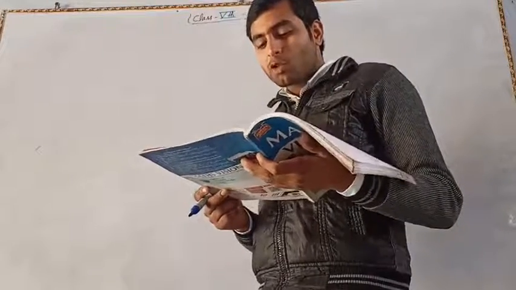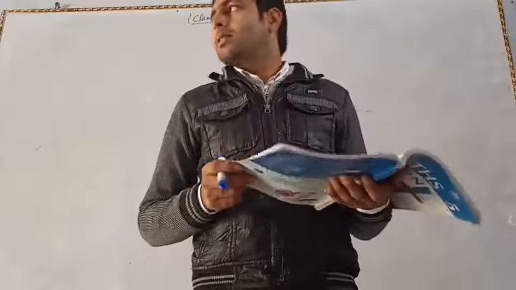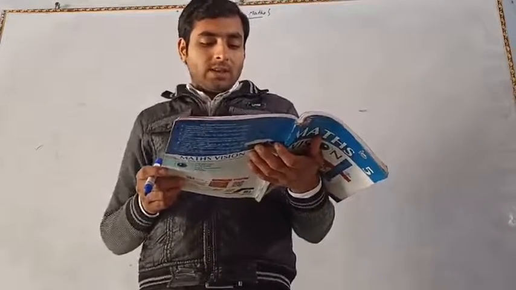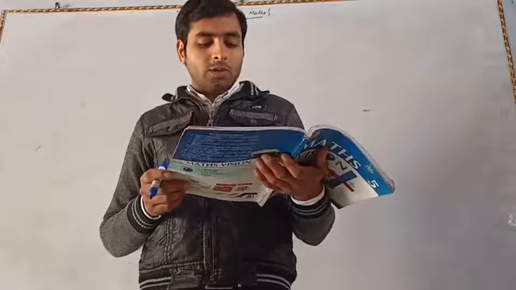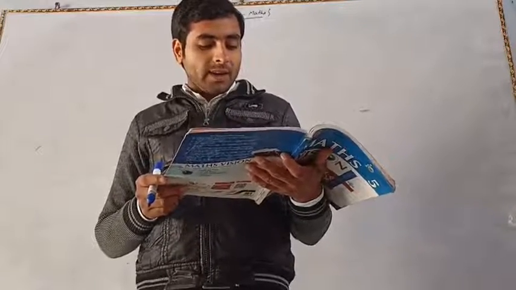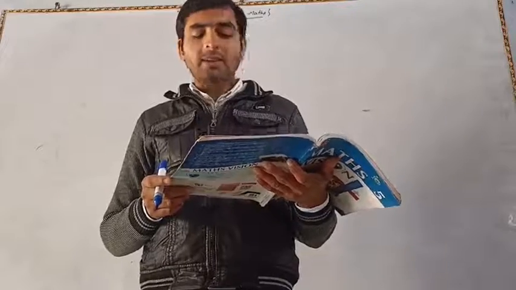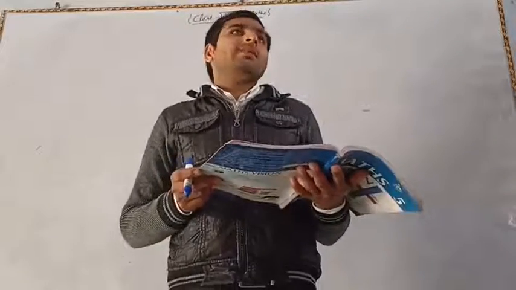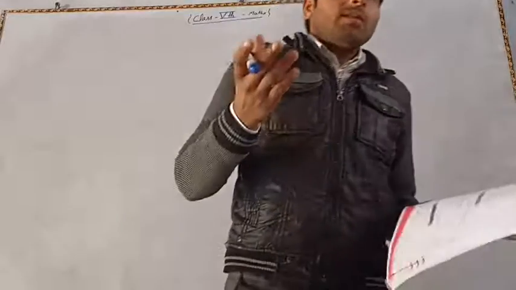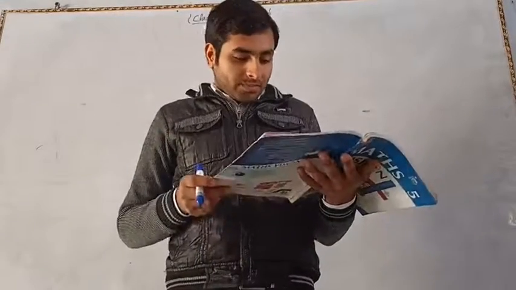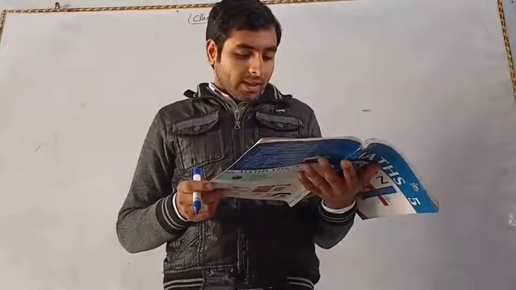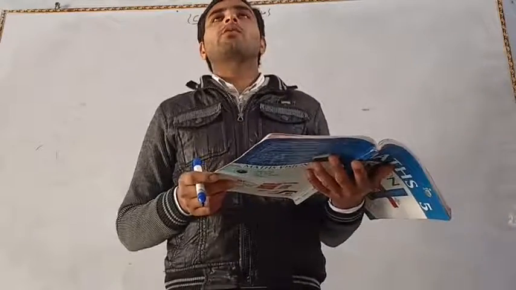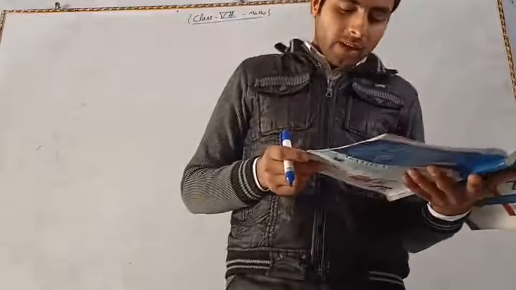Which instrument is used to measure the temperature? Then you can say that a thermometer is an instrument which is used to measure the temperature. And again, it is given that the freezing point of water is 0 degree Celsius, because at 0 degree Celsius water freezes. Again, in problem number D, the boiling point of water is 212 degree Fahrenheit. You have to fill this in.